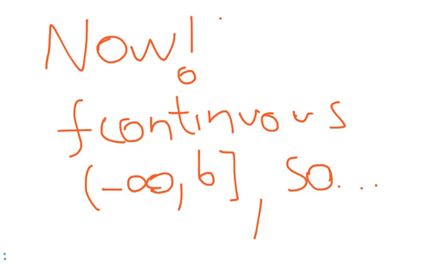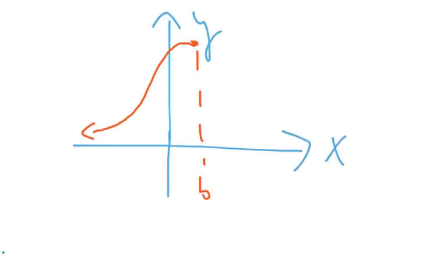So right here this is approaching minus infinity. I am going to put this once again as an integral. So the integral from minus infinity all the way to b of f of x